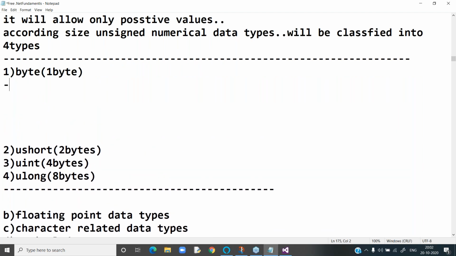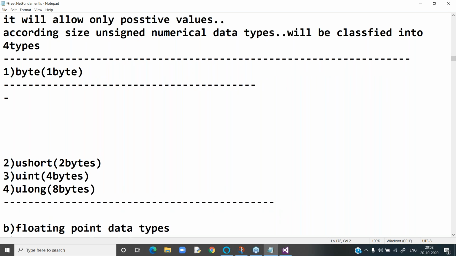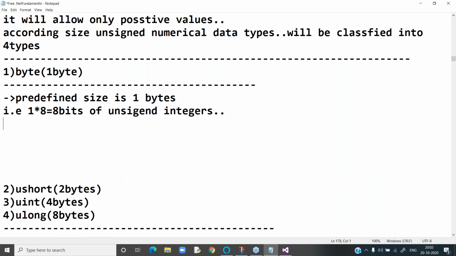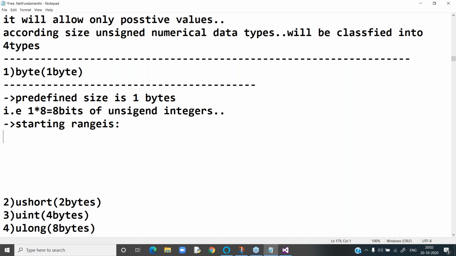Byte. Listen. Predefined size is 1 byte. That is 1 into 8, equal to 8 bits of unsigned integers. Unsigned integers means it will allow only positive values. And the starting range is, and the ending range is